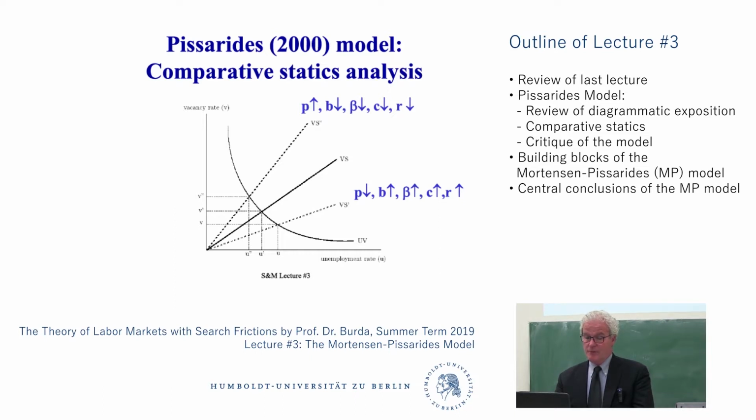imagine paying a tax if you're a firm, if you lose a worker. Okay, suppose if you go from the state of employing a worker with value J to losing the worker with value V, for that transition you had to pay an extra severance cost, call it F. Okay, and make it exogenous, just to make it like you have to pay a lawyer. And the worker doesn't have to pay the lawyer. But of course, in the model, the worker will have to realize that the firm may have to pay the lawyer in the future, and therefore that F does show up in the end in the Nash bargain. Okay, so it has an interesting effect on the model.